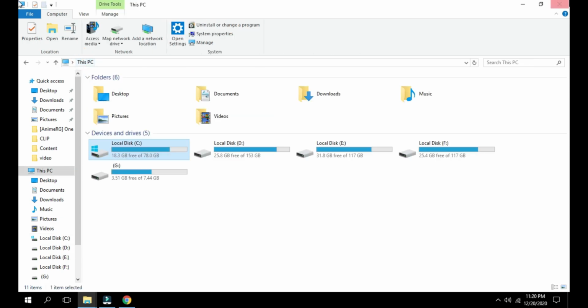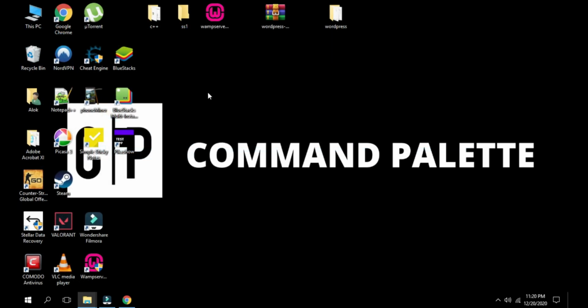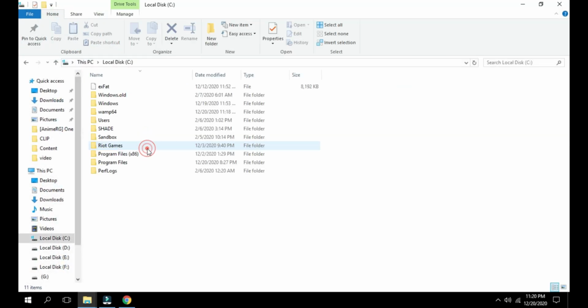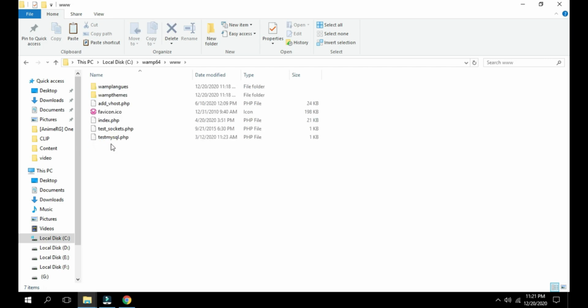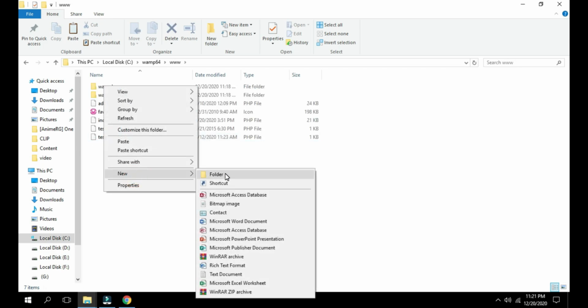For tutorial purposes, go to My Computer, go to C drive. My default directory was WAMP64 in the C drive. If you changed your drive, then go to the WAMP64 installation, and then go to www, then create a folder.